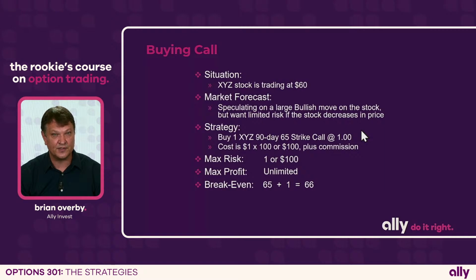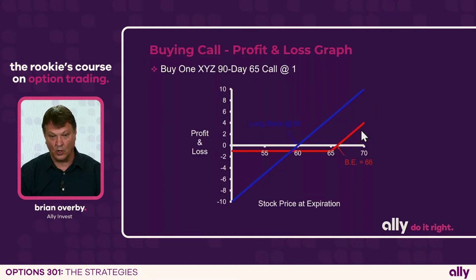That means that we need this underlying stock over the next 90 days to get to that break even, it has to go up 10% on the stock price. A lot of people that are buying these option contracts don't think of it that way. And if you look at the profit and loss graph on this scenario, buy the stock outright at 60, unlimited